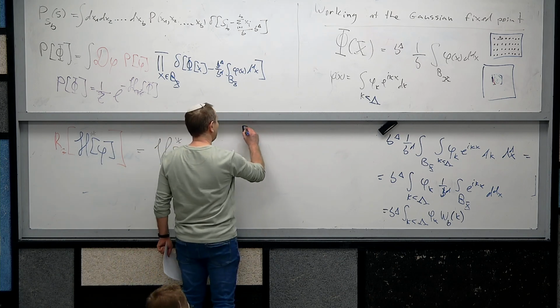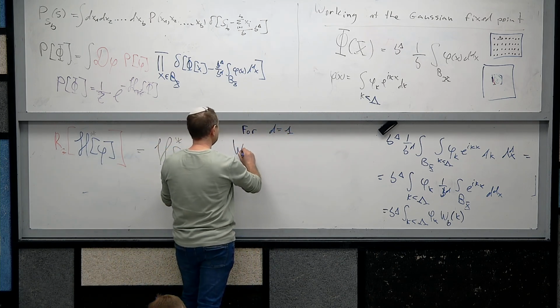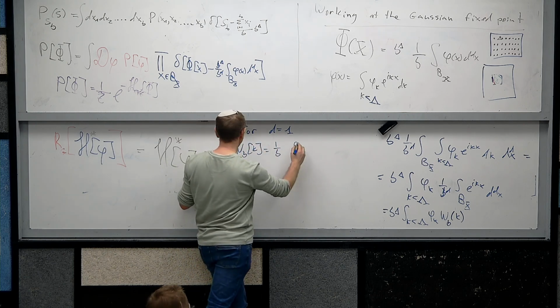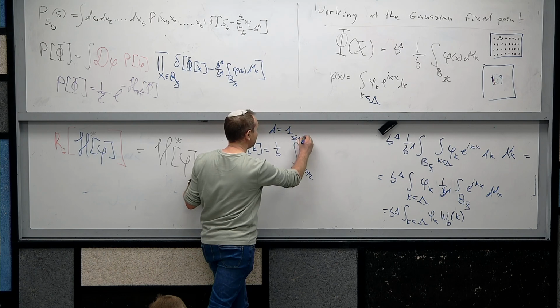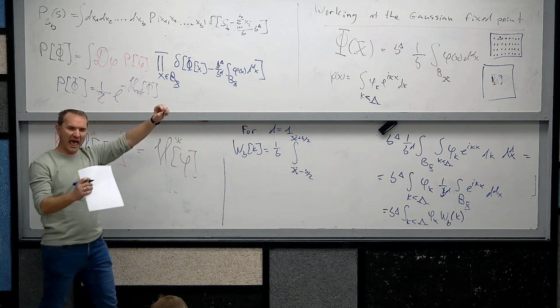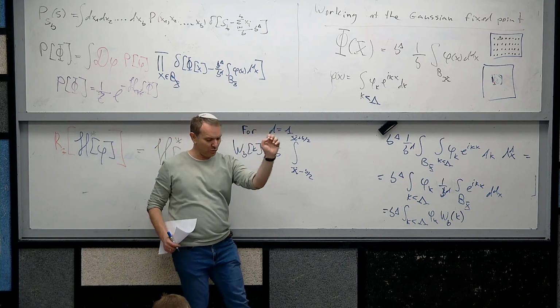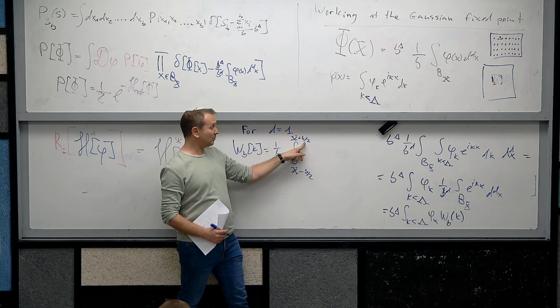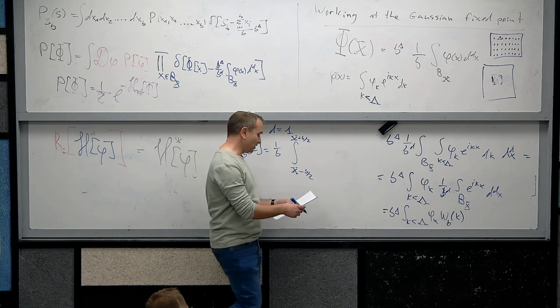So for d equals 1, what we know is that w_b of k is 1 over b, an integration of x from large X minus b divided by half to large X plus b divided by half. So this is the averaging over my specific box of size b. In the center of the box, I put my point, and I average everything of size b half to the left and b half to the right. So here what I have,